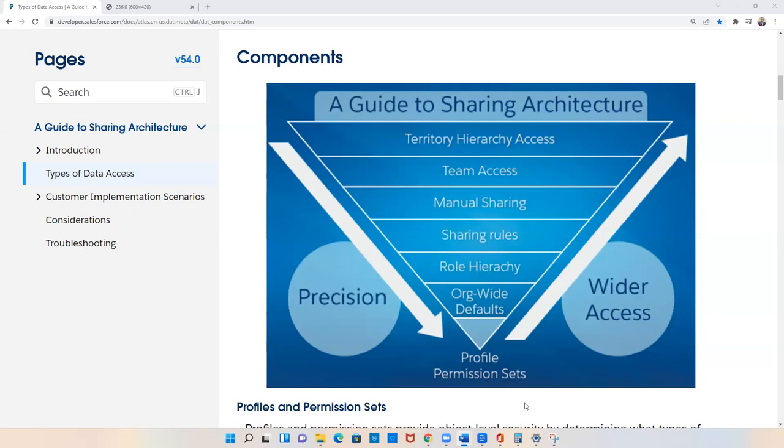The security model is most strict at the base, and as you can see with these arrows, from the base, you can open up further access by setting up things such as org-wide defaults, role hierarchy, sharing rules, manual sharing, team access, and territory hierarchy access. Again, the further you go up the pyramid, the more access you can open up through each of those security